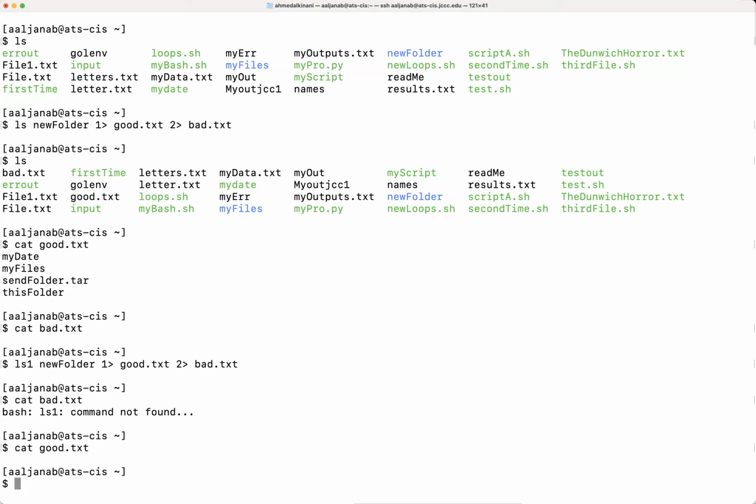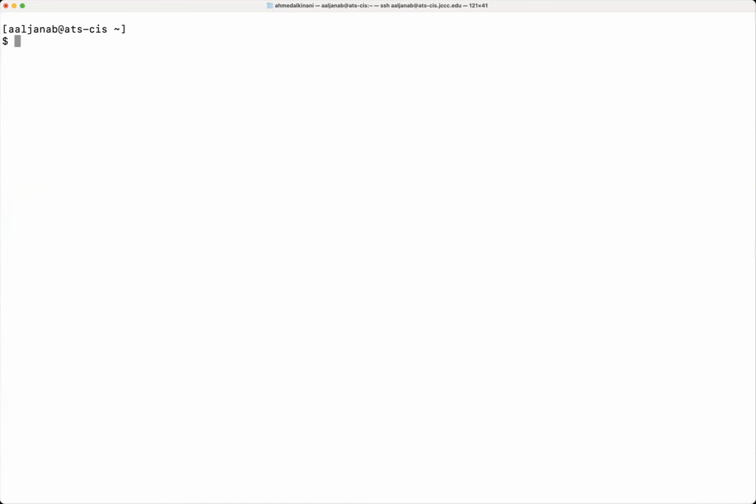So those are just available options that you have. You can redirect your outputs, as I said, using the 1 and the 2, and you can have them redirected into 2 different files, or we can redirect them to the same file, just like how we used to do before. I can come here and say redirect and put, and you'll just say good.txt. So if there is an error message, it's going to be sent to the same file. If it's going to execute with no problems, it's going to be sent to the same file. Those are, again, just extra options that you should be aware of when it comes to redirections.